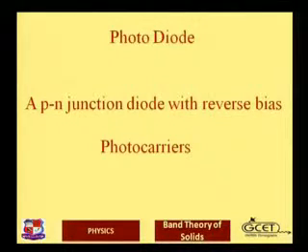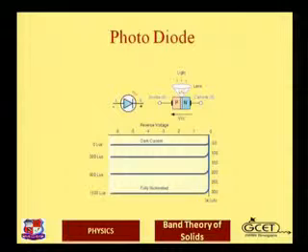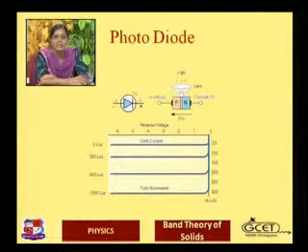It has photocarriers, and it actually works on the same principle. When photons are applied to the photodiode, it is initially a reverse biased diode. So whatever characteristics we are getting, those are simple PN junction diode characteristics. As you can see in the graph, the first line that we can see is the dark current.